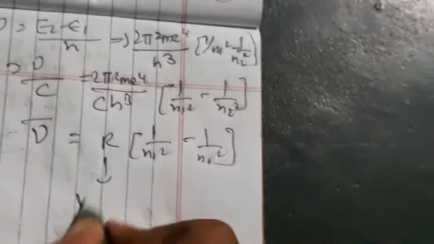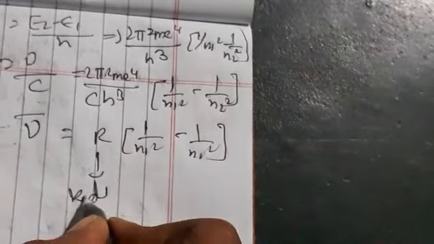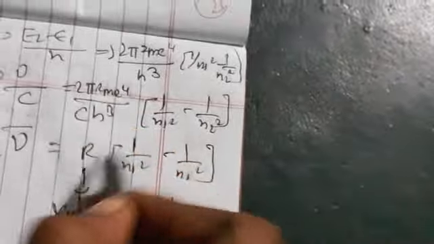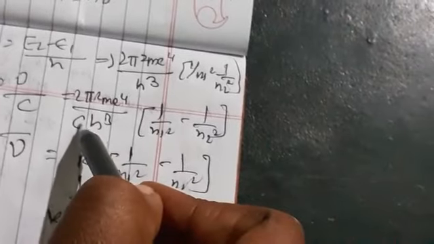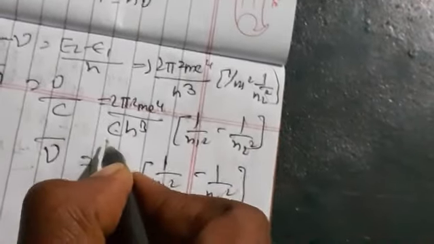So this is nothing but the Rydberg constant, which has the value. By calculating all these values, we get 109681 centimeter inverse. So this is almost equal to the experimental value. So this is the agreement between these two values. By calculating this, c is nothing but the propagation velocity of light here.